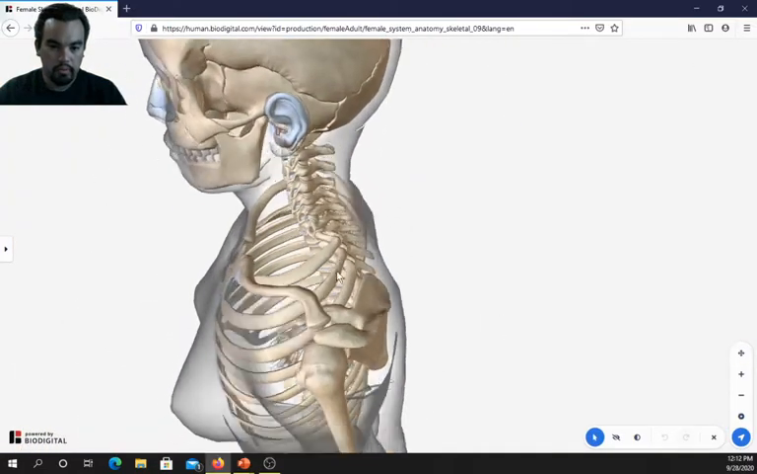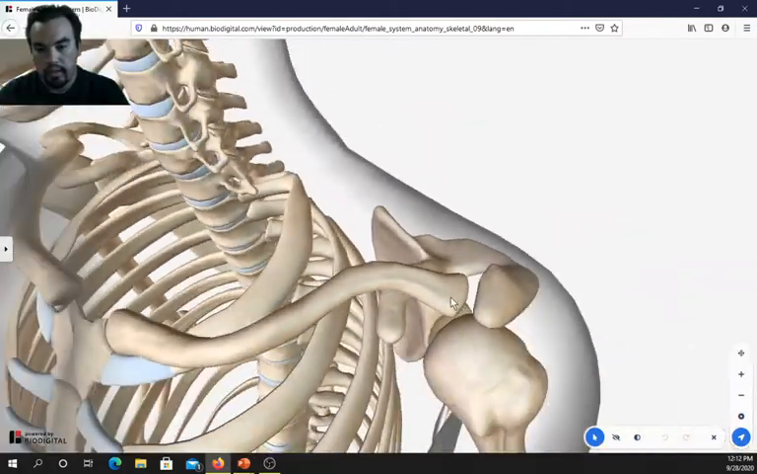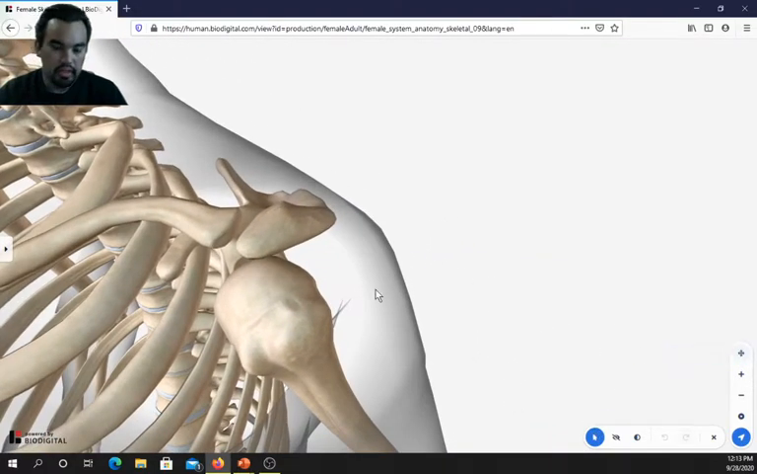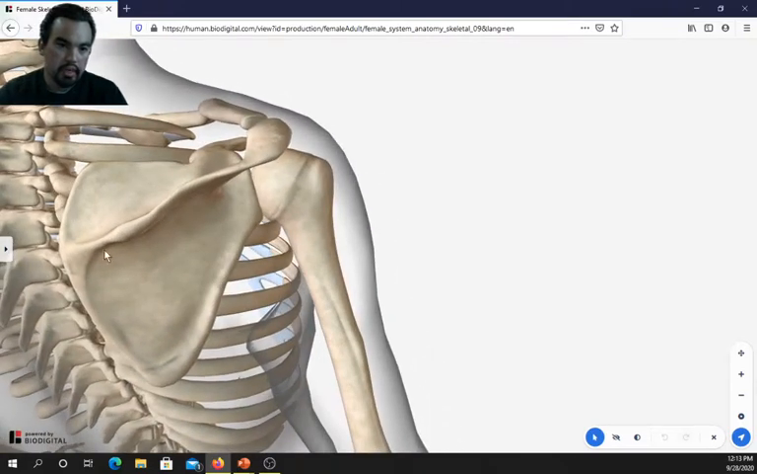There we go. Sorry. So you can see right here that concave convex articulation of the clavicle and the acromion as it comes over, and then we have the scapula on the back, right? So we have the spine of the scapula here, the inferior angle down here, the medial border there, and you can see